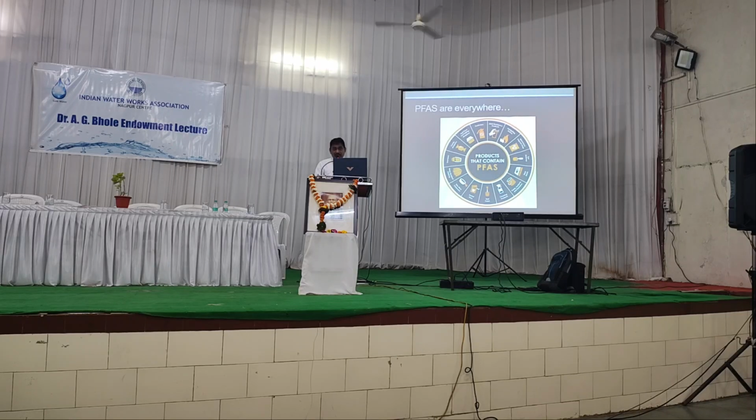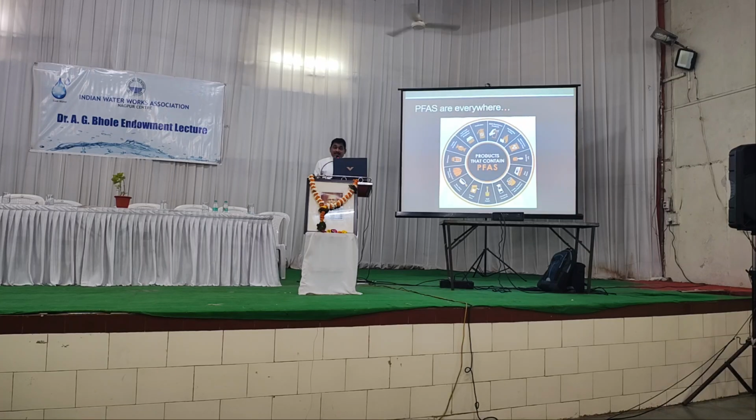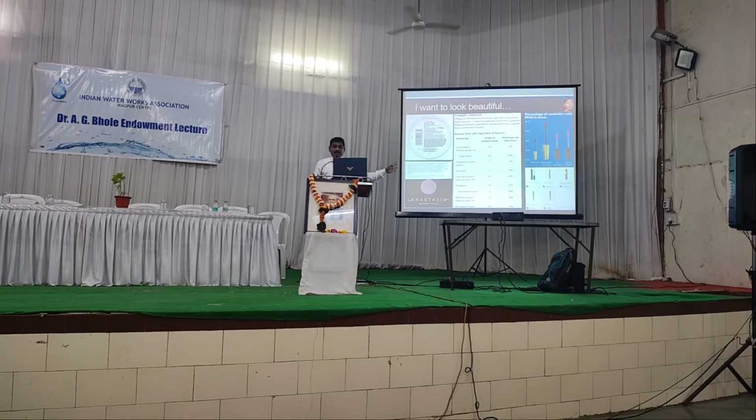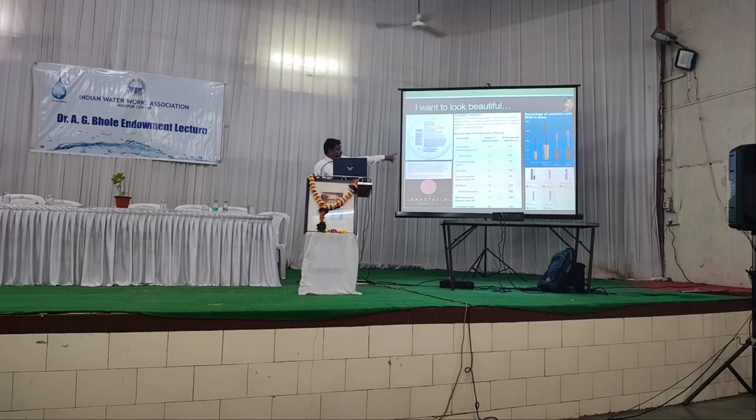So all of us, including myself, have these compounds in our blood. We are dealing with them on a daily basis. Even today, many of us sitting in this audience are being exposed to PFAS at this very moment. The cosmetics, all of these products. I'm not sure whether you can read it correctly, but the slide is a graph that tells you which types of lipstick, mascara and other products have PFAS in them.